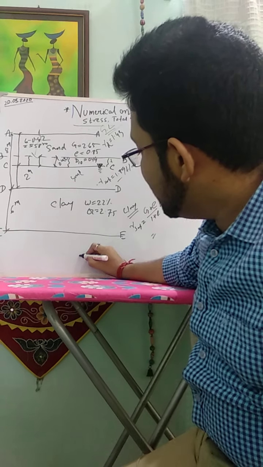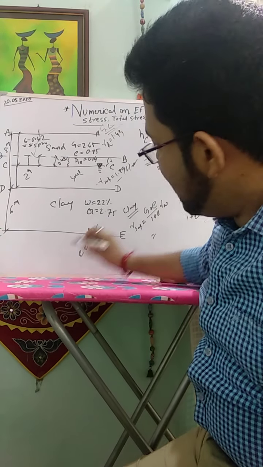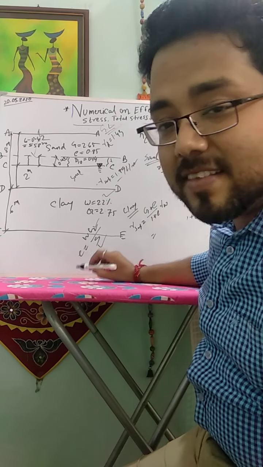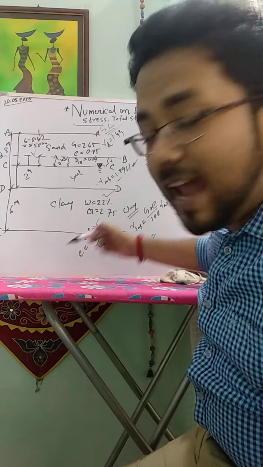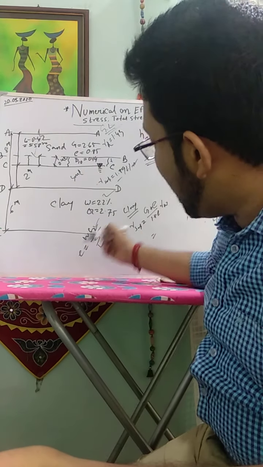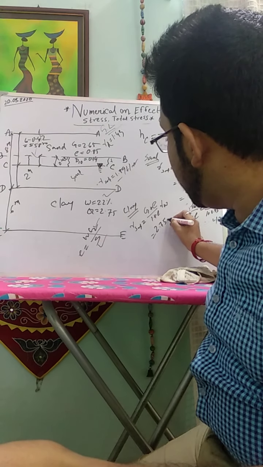We know that e equals w G by S. w is known, G is 2.75, and S is the saturation. The clay is fully saturated, that's why S is 100%, S means 1. Put the values,